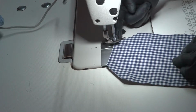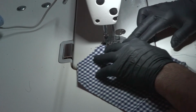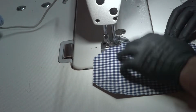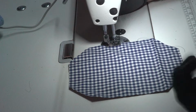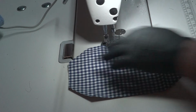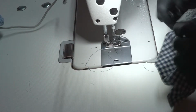If you put your needle down when you go to turn it, it's a lot easier. So try to keep the needle down when you go to turn. See, like right now the needle's up, I'm gonna bring it down, and now I can turn. And remember, I gotta leave a gap of 1.5 to 2 inches so I can turn my mask inside out. And don't forget to go back a couple of stitches so you can lock it in place. Take it out, cut it, and then we're just going to trim this excess